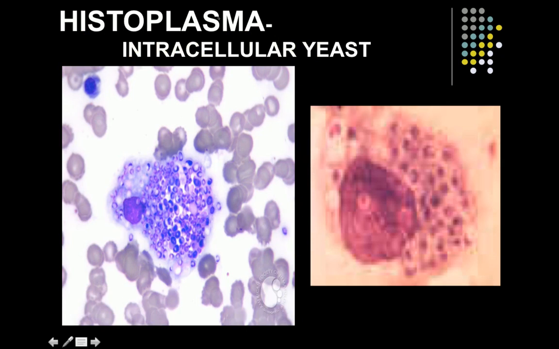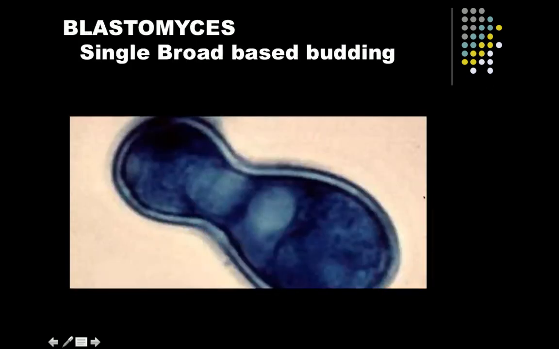This is Histoplasma capsulatum, and you can see the macrophage. This is the nucleus of the macrophage, and you can see it filled with the intracellular yeast cells. This is another picture showing you the large nucleus, and the cytoplasm is filled with intracellular yeast cells. Blastomyces, you have already seen this slide while we were doing Cryptococcus neoformans, and you can see a single broad base. This is the broad base, and this is the bud which is attached to the main spore.